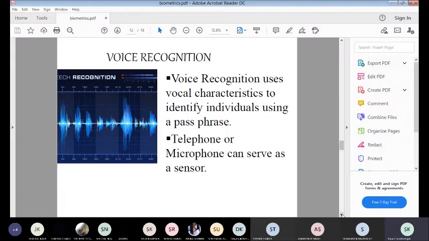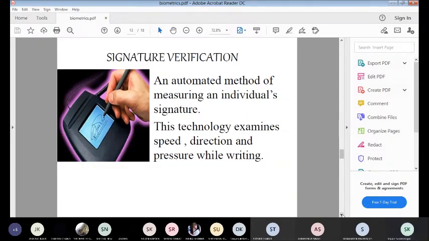Everyone has different vocal characteristics, right? To identify individuals using a passphrase. That is what we call a behavioral type of biometrics. And signature verification is an automated method of measuring an individual's signature. Hand signature, basically, not digital signatures, right? But we are hardly using hand signatures